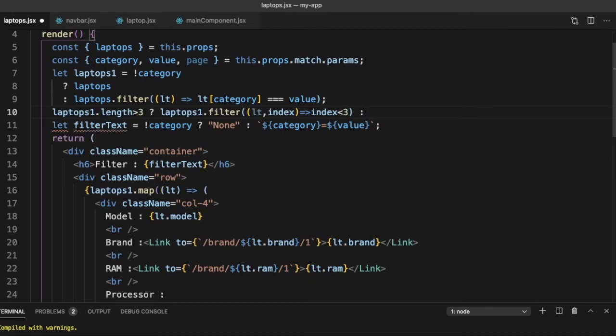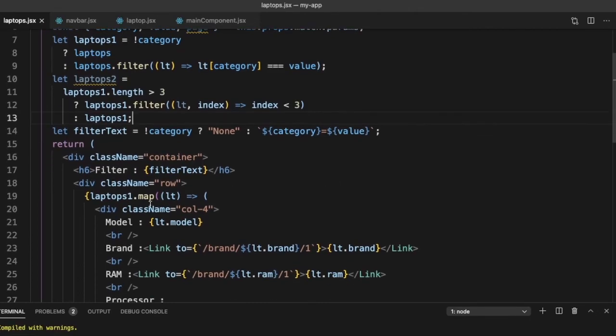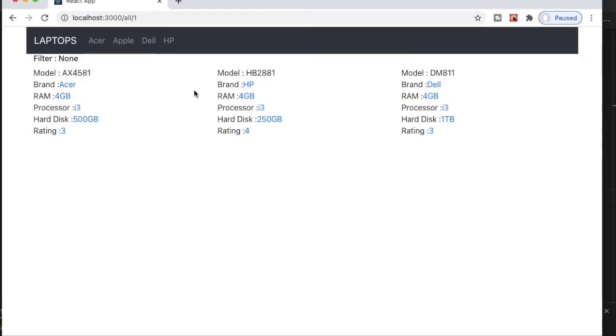Otherwise, we are saying it is laptops1. So let's assign it to let laptops2 is equal to this. So we will just see the 3 values, and here in the map, let us use laptops2. So we get 3 values.